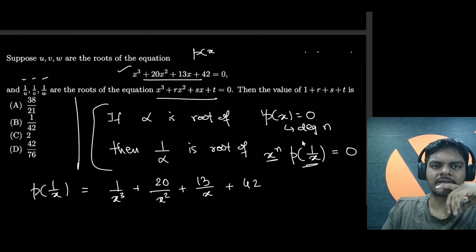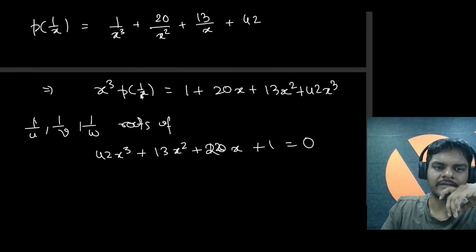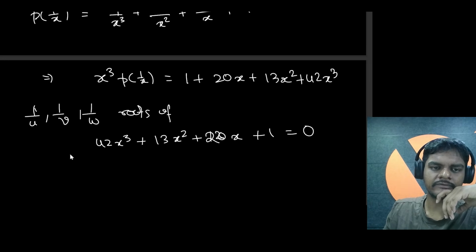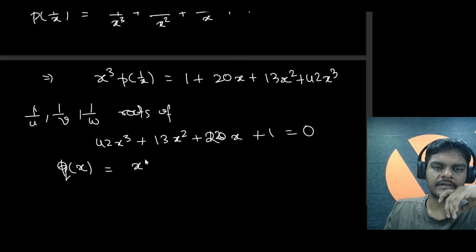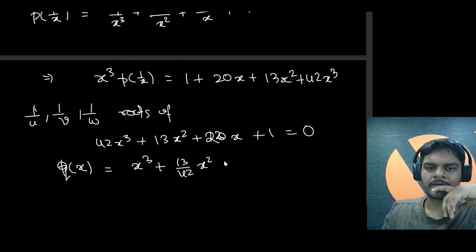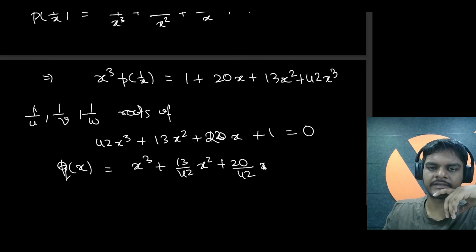But we want the leading coefficient to be 1. So it will be roots of some q of x equal to x cube plus 13 by 42 x square plus 20 by 42 x